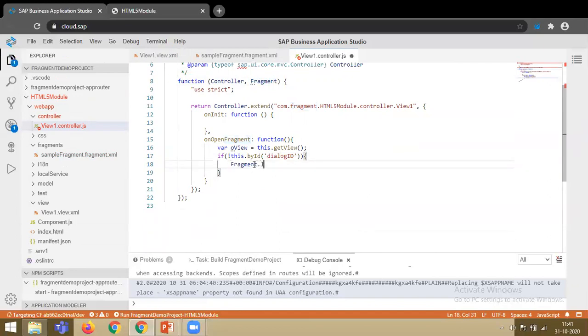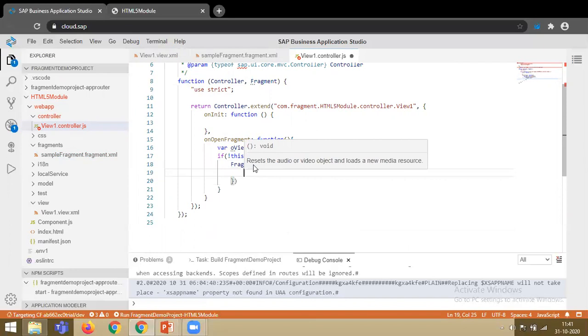So let's do Fragment.load. To load any fragment, the method is load. So I need to pass the parameters. First is the name. The name is nothing but the path of our fragment file.